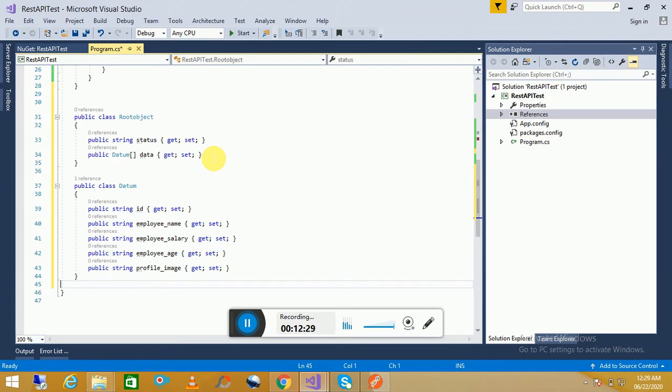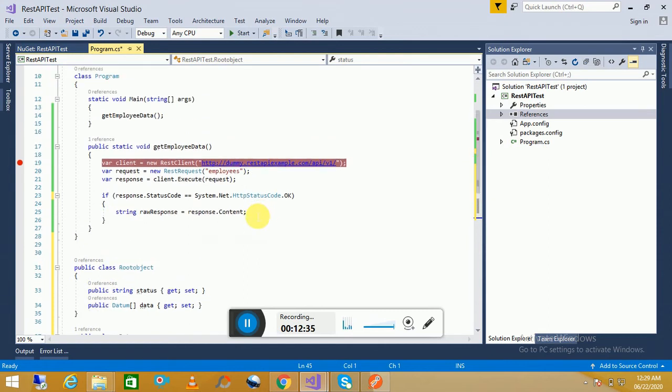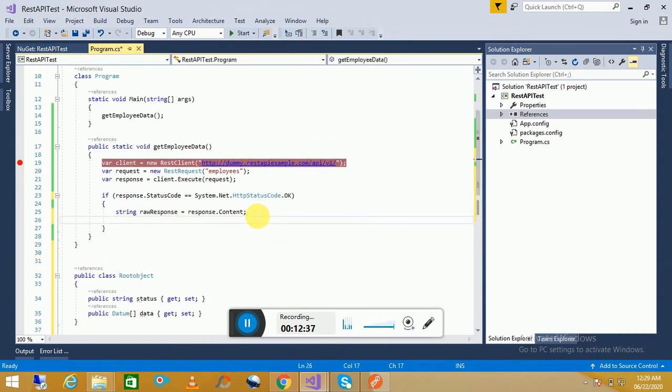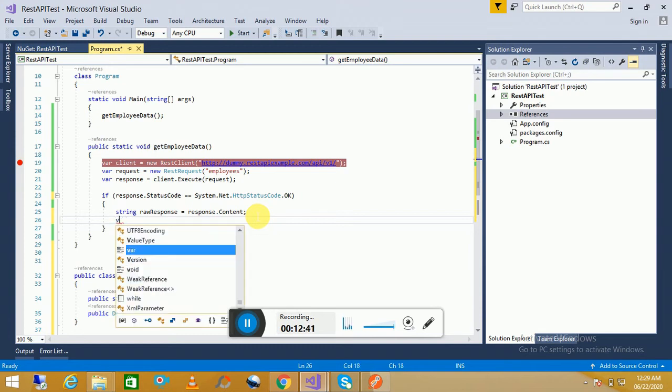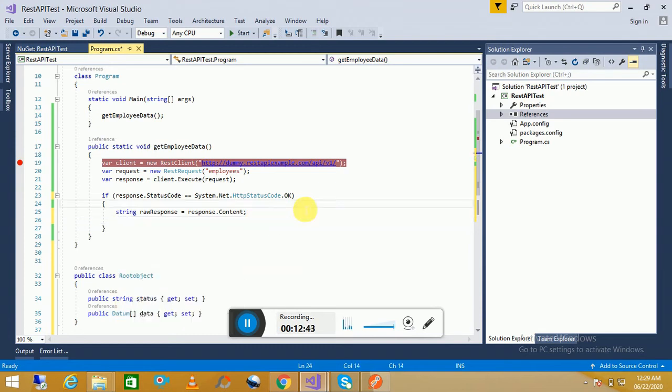Now we will use this C# object to convert our JSON. Let's move and convert this one. My class name is RootObject. I'm not changing this one.